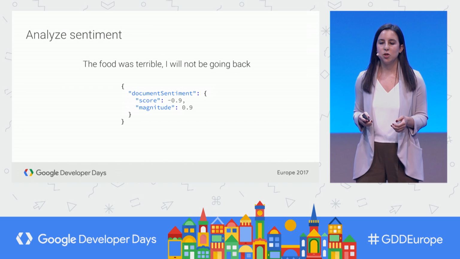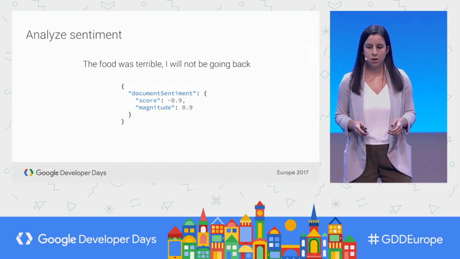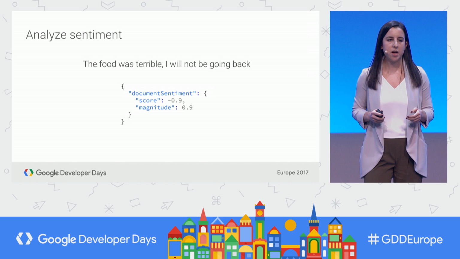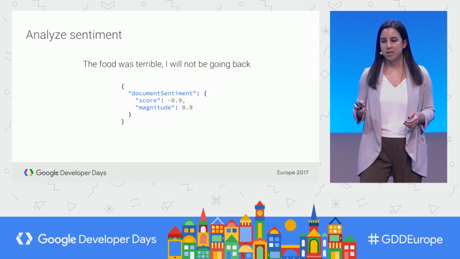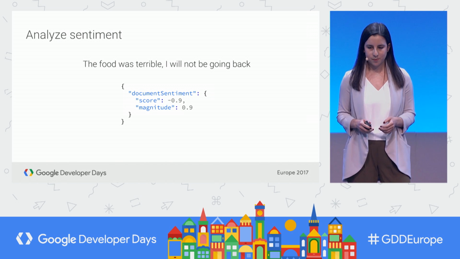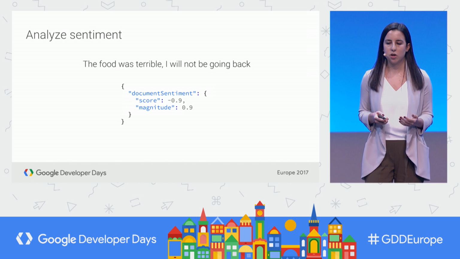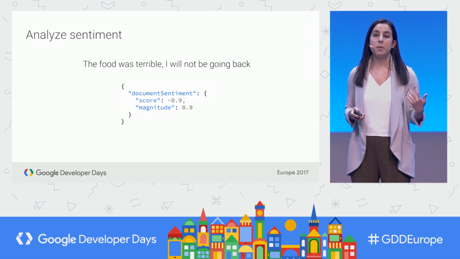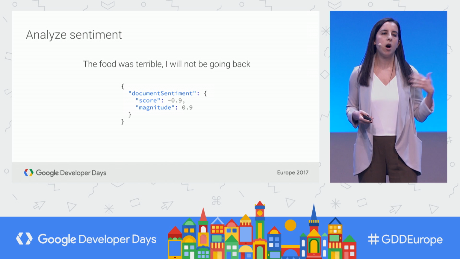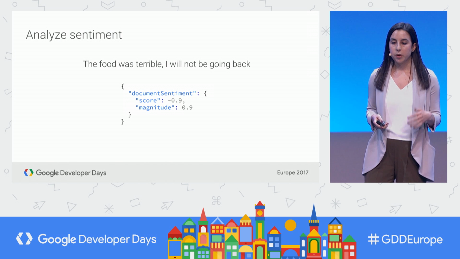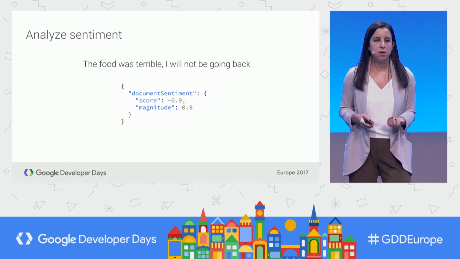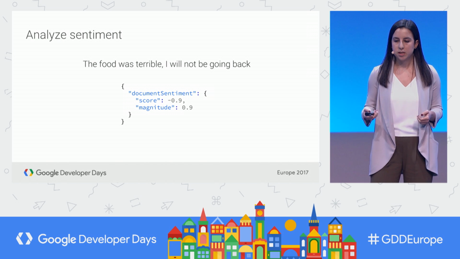The second thing we can do is analyze sentiment. So this might be something I might find on a restaurant review. The food was terrible, I will not be going back. If I was a manager of this restaurant, this is probably something I'd want to flag and maybe respond to, but chances are I don't want to go through all the reviews to do that. So I can use the sentiment analysis endpoint to get some data on the sentiment of this text, and it